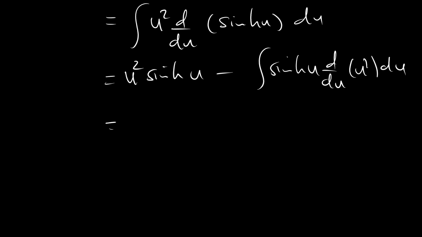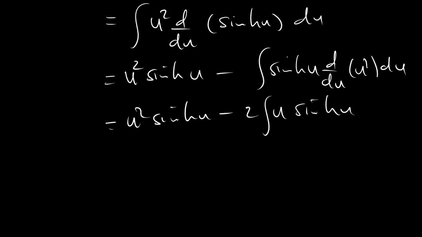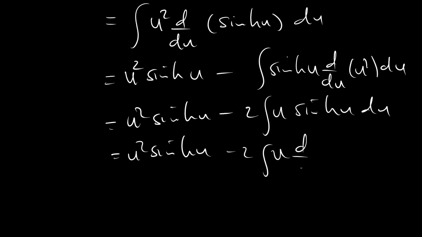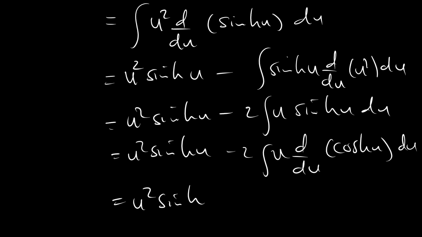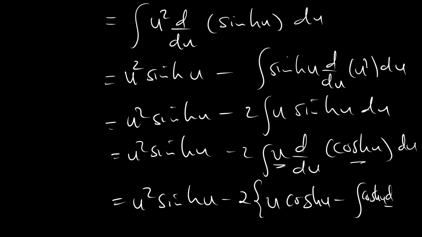And that means that we have u squared sinh of u minus 2u sinh of u. Again, express it as u times the derivative. Sinh u is the same as the derivative of cosh of u. And this becomes, using integration by parts again, uv being equal to u cosh of u minus cosh of u times the derivative of u,